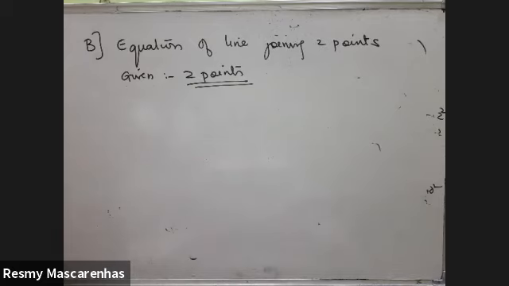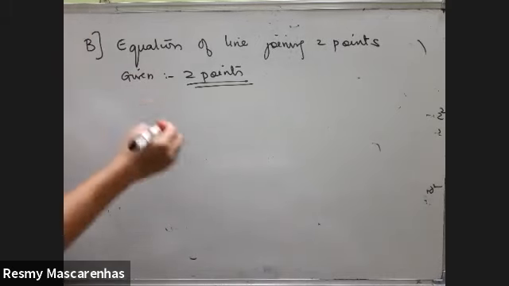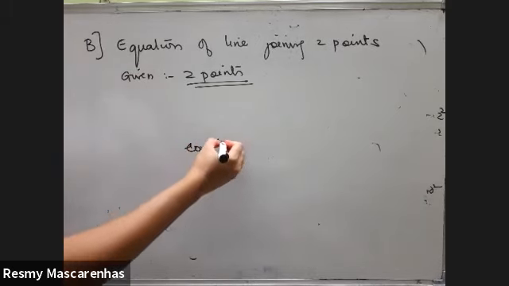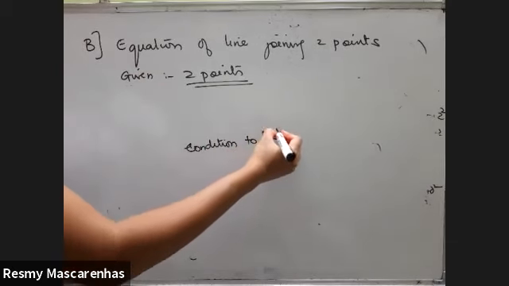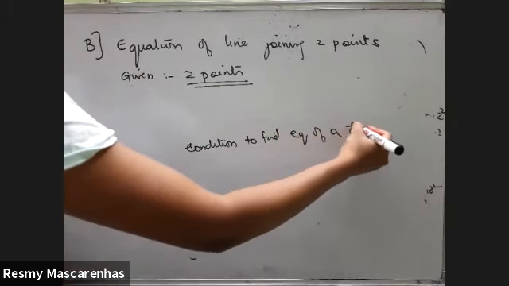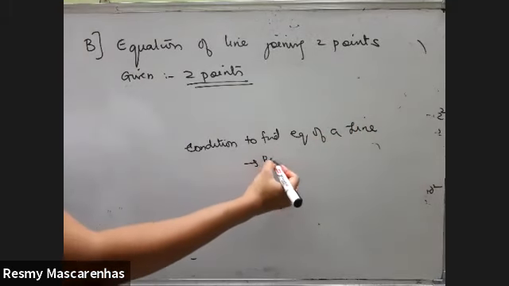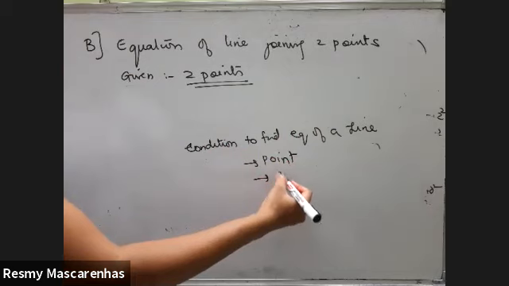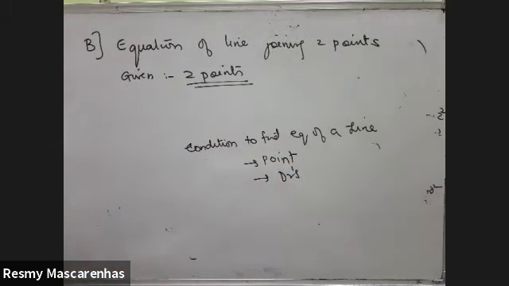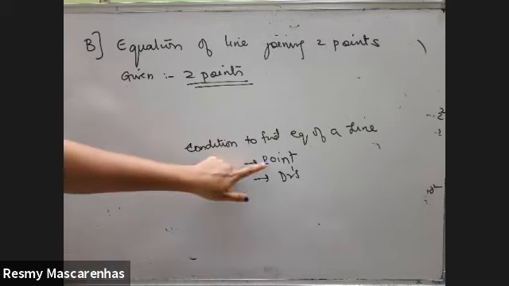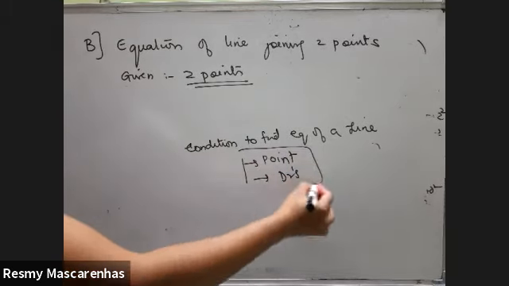Okay, in order to find any equation of a line, remember that you need to know its point and the direction ratio on it. Okay, on your notebook, if you want, write on top of the page and keep this condition to find the equation of a line. What you need? A point and direction ratios, compulsory. 1 point you want and the direction ratio of that line. Whether it is vector equation or Cartesian equation, doesn't matter. Point and direction. These are the main two conditions to find the equation of a line.